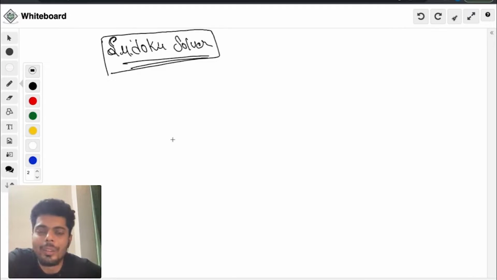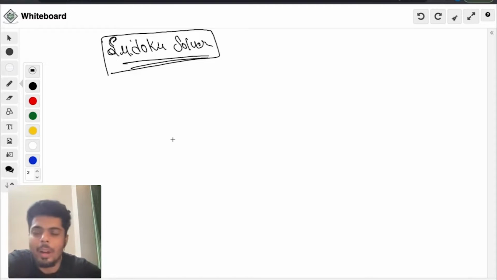For this introductory session, we're going to discuss what features are going to be there in our Sudoku solver and how it's going to look, and we also have a small live demo in this particular session. In the upcoming sessions, we will build it together, and I hope you will have a good learning experience and enjoy building this game, Sudoku solver, right? So let's jump into the session.